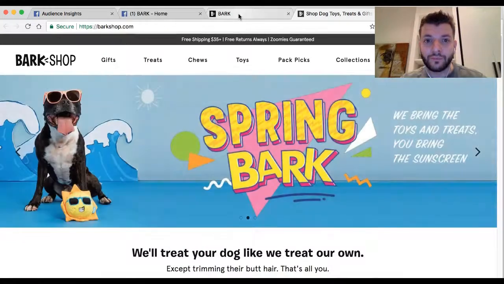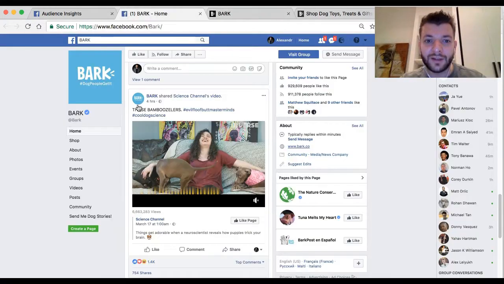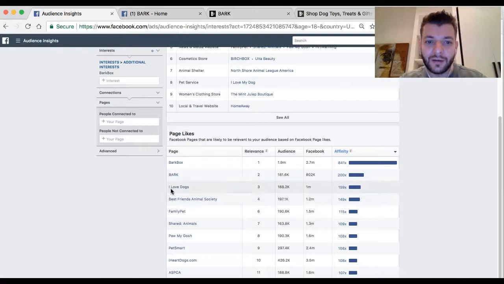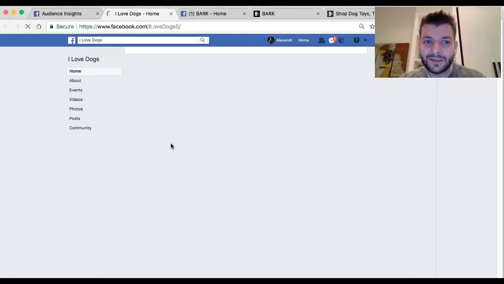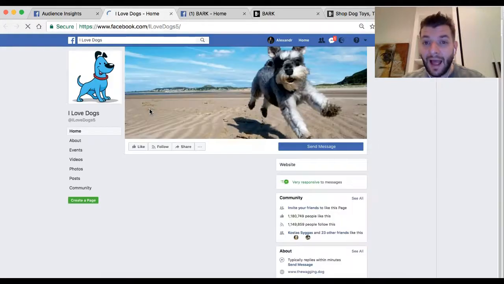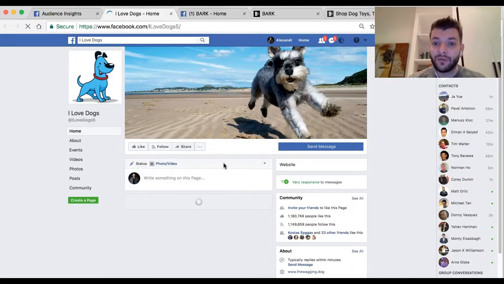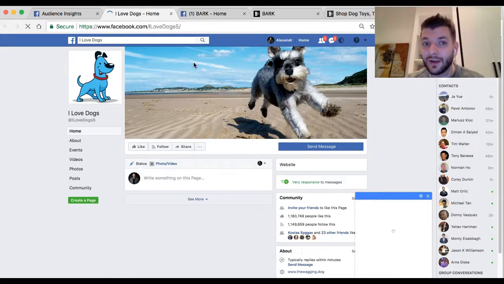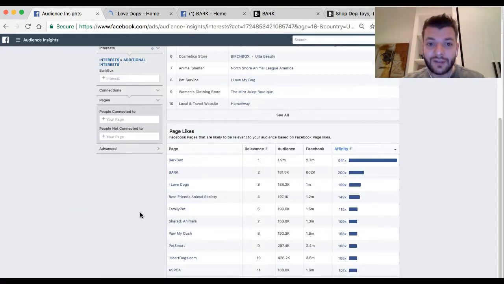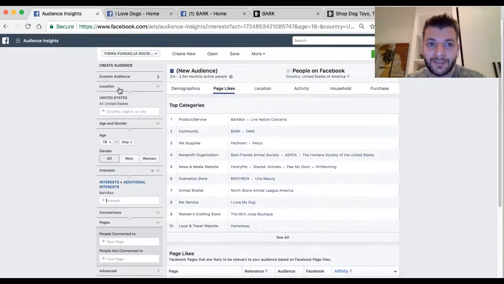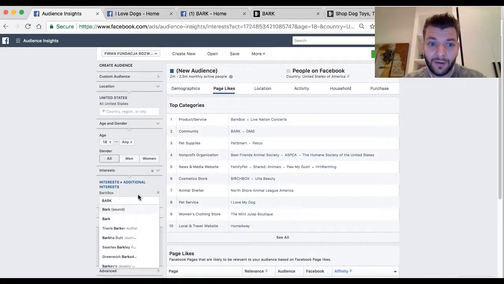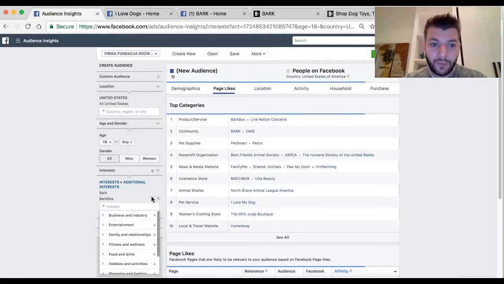So you can see these are brands, right? And like we just started here, there are more pages, like I Love Dogs, but you want to see whether this is actually a page for people who have dogs, or only for people who like dogs, because these are two different things. And so you simply go and check all of these pages that you want. Let's say you found Bark, and you want to find out more insights about this Bark company, right? And so you put Bark in there,